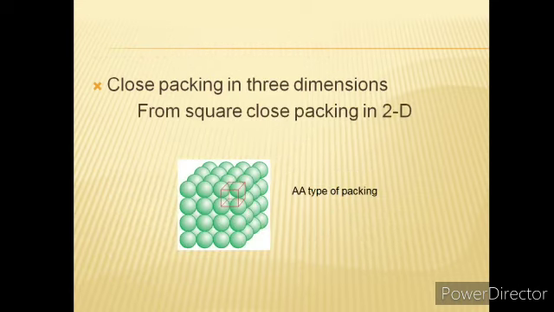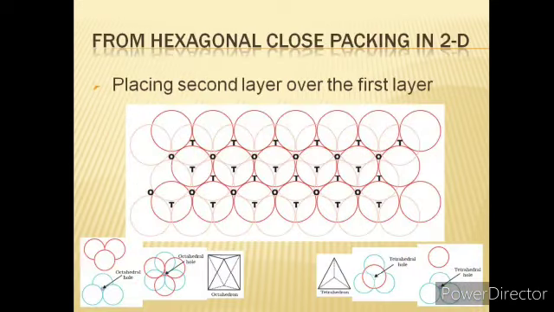Now, let us change this packing to 3 dimensions. First, we take square close packing. Here, the layers are stacked over one another such that they are aligned horizontally as well as vertically. You can see this type of arrangement on the screen also. But if you take hexagonal close packing and try to make a three-dimensional arrangement,